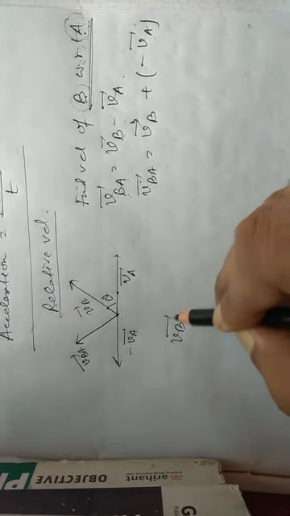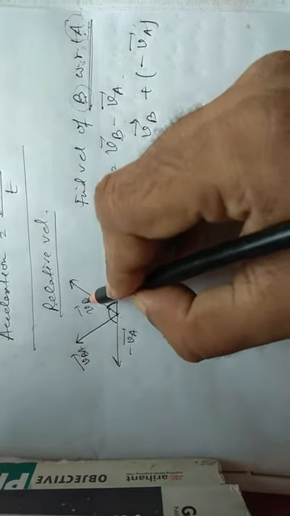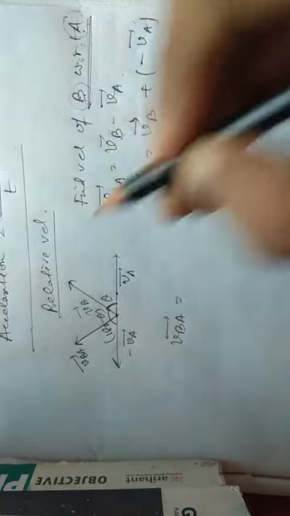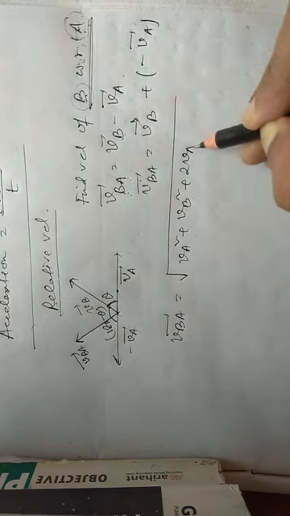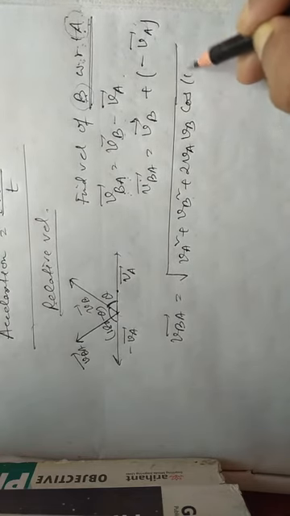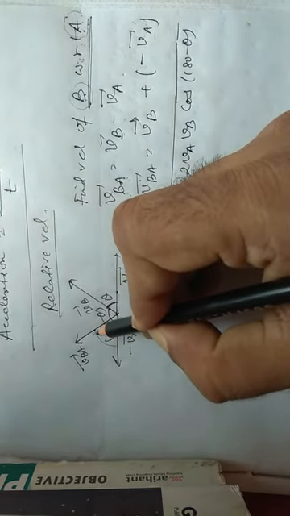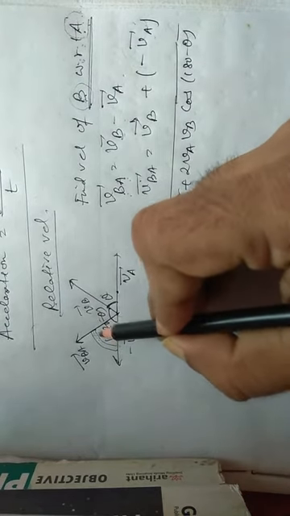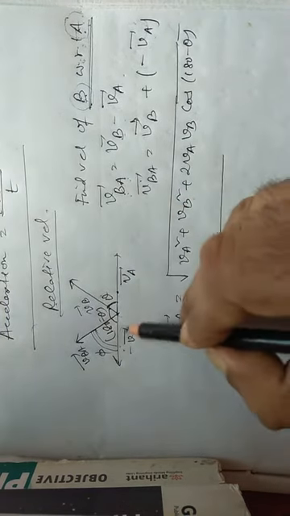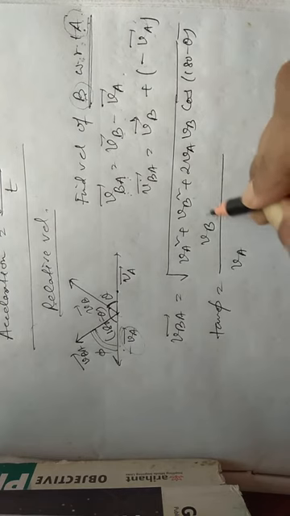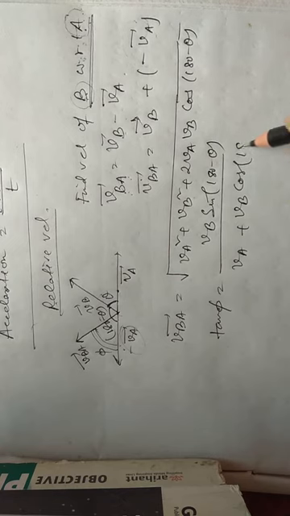Similarly, the formula will be the same. This was angle theta. Now the vectors concerned are VB and minus VA, so the angle again becomes 180 minus theta. So VA square plus VB square plus 2 VA VB cos of 180 minus theta, all under root. And whenever you are asked to find the direction, you can find either this angle or this angle. If we find this angle, that means tan phi is equal to, again this touches VA, so VA will be separated here, VB sine of 180 minus theta divided by VA plus VB cos of 180 minus theta.